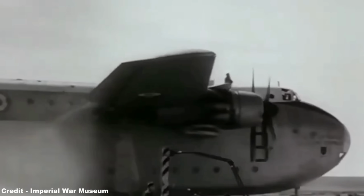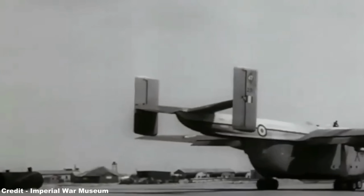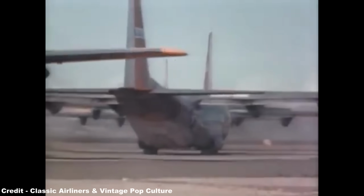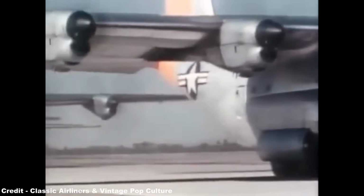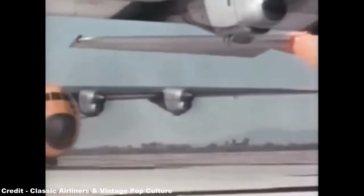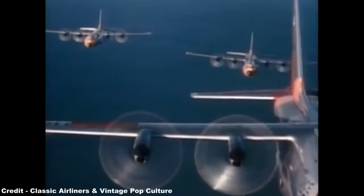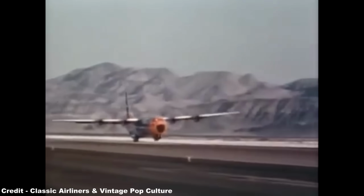The Beverleys, by July 1963, having reportedly flown almost 2 million miles while conveying over 20,000 tons of freight and 60,000 personnel. However, while the Blackburn Beverley could be forgiven for its somewhat less than stellar outward appearance due to its incredible size and practicality, the biggest issue that precluded this machine from being a world-beating model sold to air forces across the globe was the arrival of the Lockheed C-130 Hercules, which entered service with the US Air Force